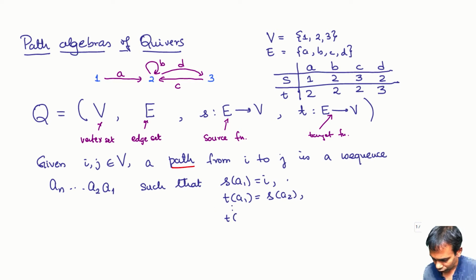The target of AN minus 1 is the source of AN, and the target of AN